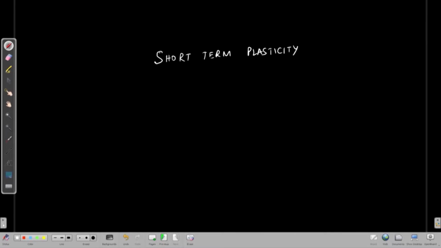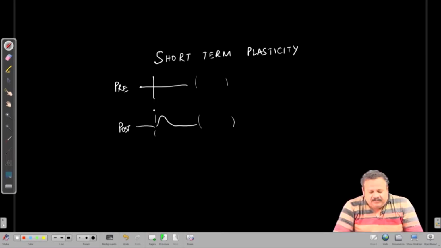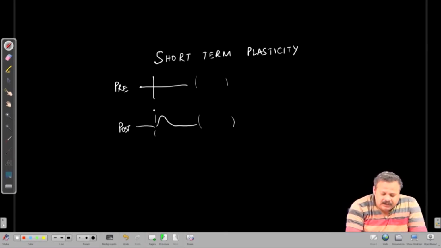So, first of all, in order to see short term plasticity, we had said that if we measure the postsynaptic potential, let us say after we presynaptically produce a spike. So, I am drawing average diagrams here. We do this multiple times with enough gap and measure the postsynaptic potential, and we had said that there is some manipulation that is being done, and then we are measuring again. Actually, in the short term plasticity case, the manipulation is simply producing another spike,